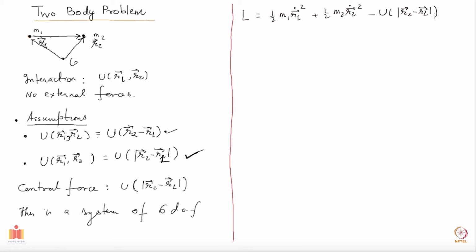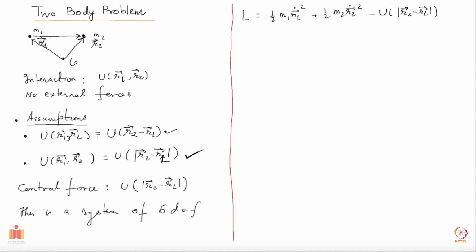Now, our experience with several different systems before may immediately tell us that these are not the best coordinates. It would be wise to use the modulus of r2 minus r1 as one of the coordinates, and the other coordinate which will be good to use will be the center of mass coordinate. Okay, we have come across this thing several times, so I will not go further into this and just write